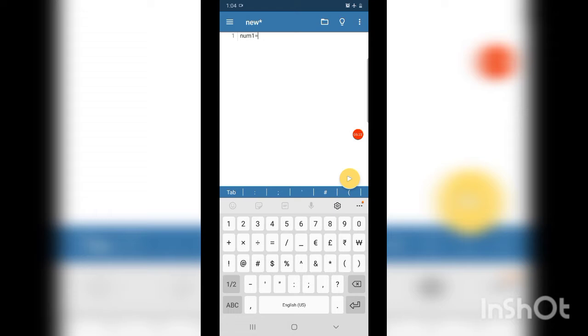So let us see. Num1 is equal to, we want to add, so we have to convert with int, or there is a function called eval. Eval will convert whatever value you have given into its specific data type. If you have entered an integer value, it will be converted to int. If you have entered a decimal value, it will convert directly to float. Whatever value you have entered, eval will check and convert it into its particular data type. So it is convenient to use eval instead of int or float.